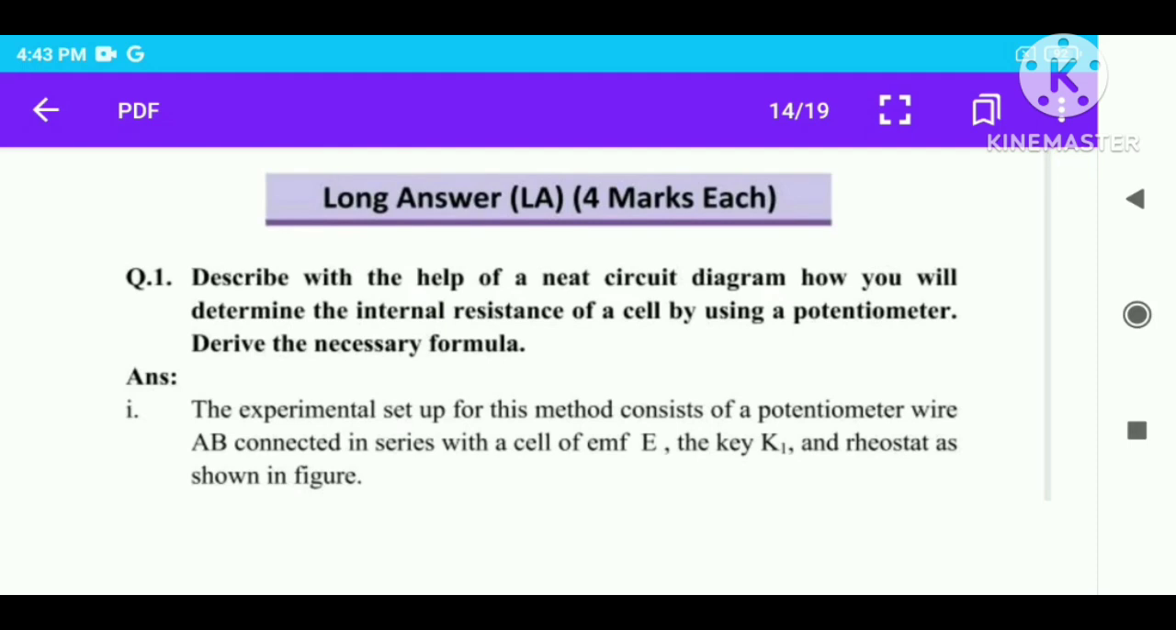Here a long answer question. The answer key. First question: describe with the help of a neat circuit diagram how you will